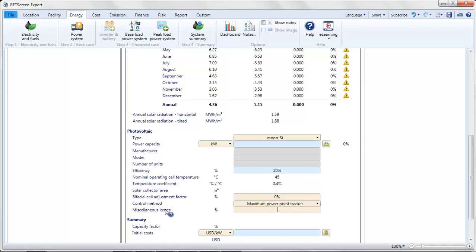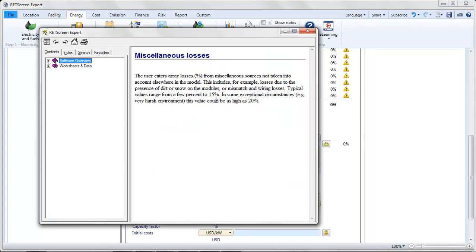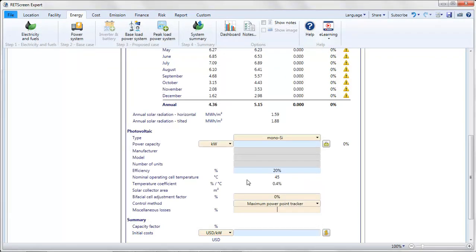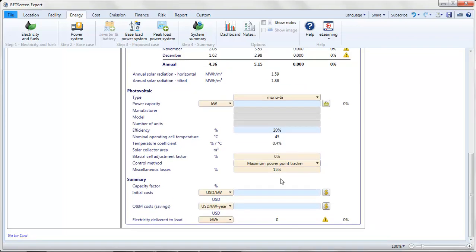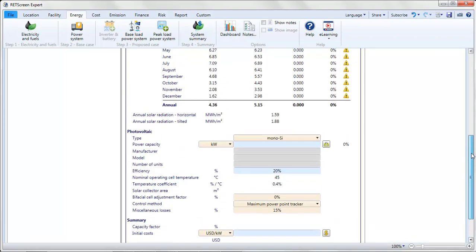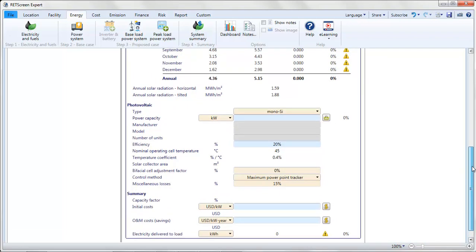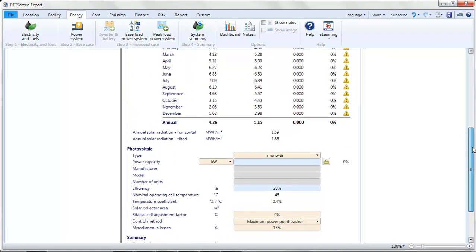If we look at help, we can see that typically these values range from a few percent to 15%. I'm not going to be particularly optimistic. I'm going to put in 15%, thinking there might be a fair bit of snow accumulation at this off-grid site. There could also be shading. Now that we've done that, we have essentially filled out all the parameters other than the costs and the power